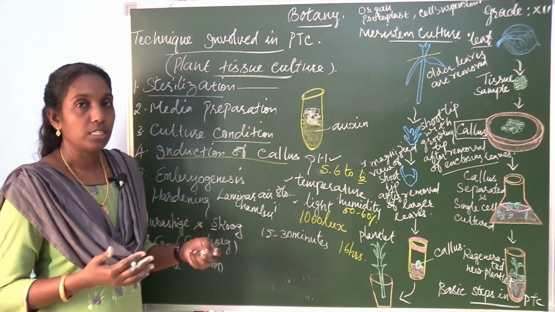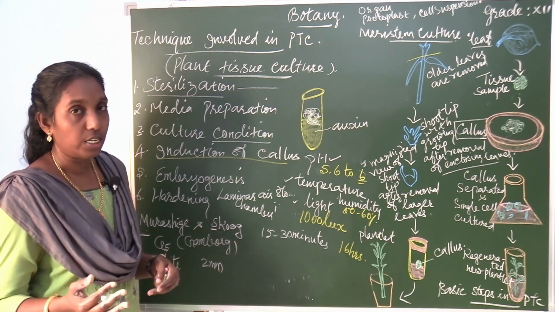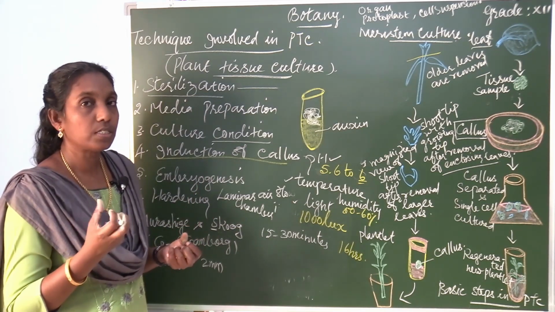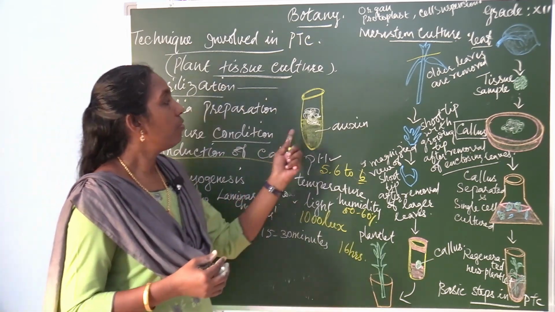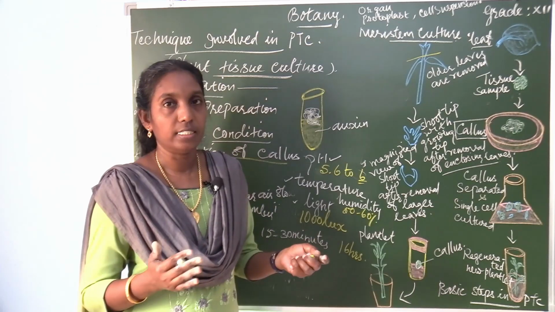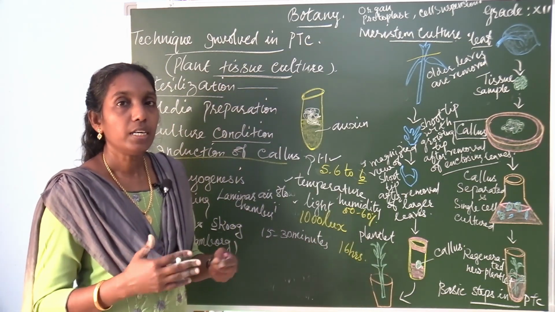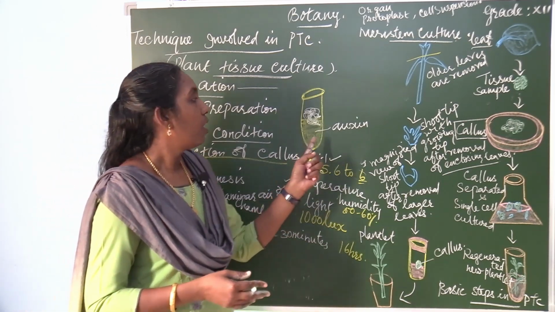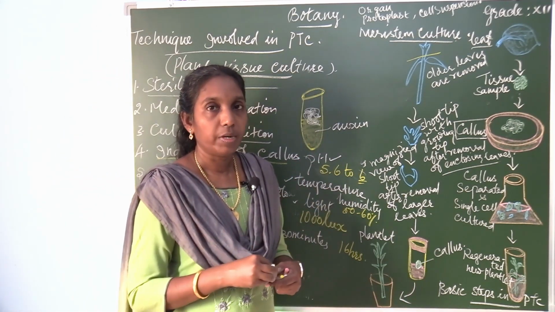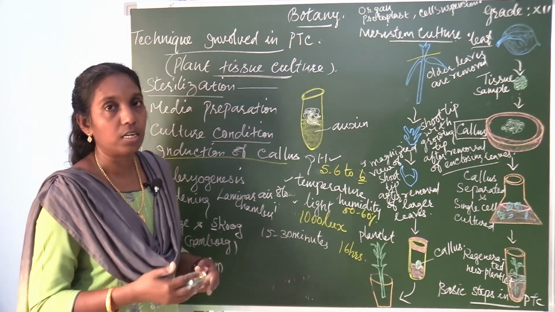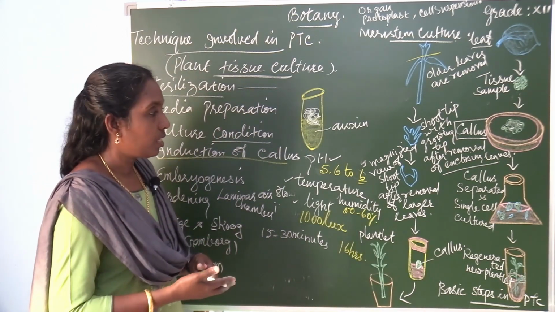Then the next process is called embryogenesis. After induction of callus, here the mass of tissues can be developed. Now the nutrient medium can be changed. Depending upon the species, different species, the nutrient medium can be changed. Now what additional nutrient medium is needed? Everything should be added for promoting further growth, differentiation, cell differentiation.